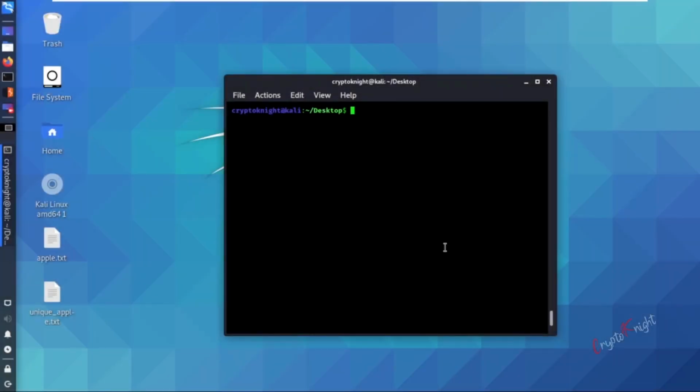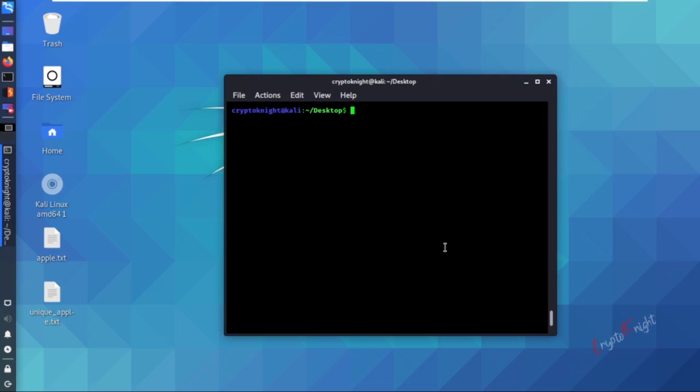Welcome to another tutorial. So, talking about word lists. In the earlier tutorial we learnt about a tool known as CeWL, which was creating a word list based on some web page, right? Now what if we want to, let's say, guess a password of some Wi-Fi, or create a word list that has a lot of passwords according to our choice.